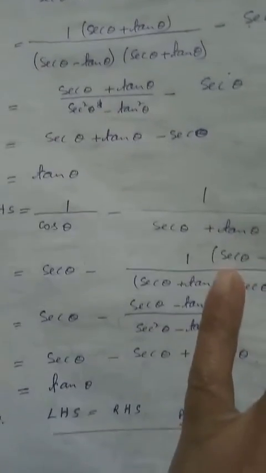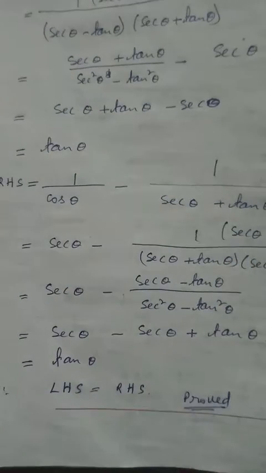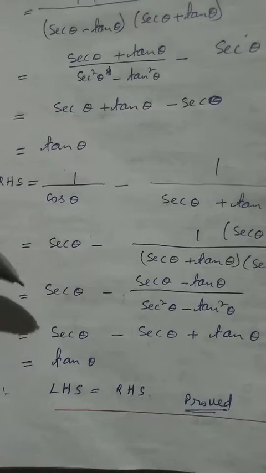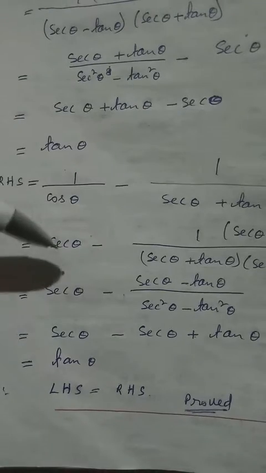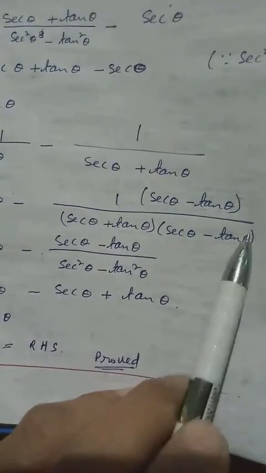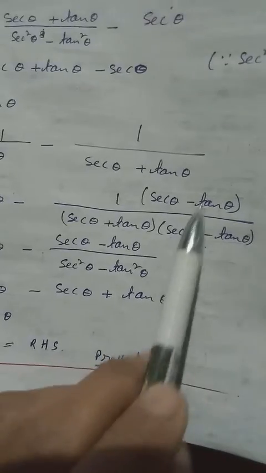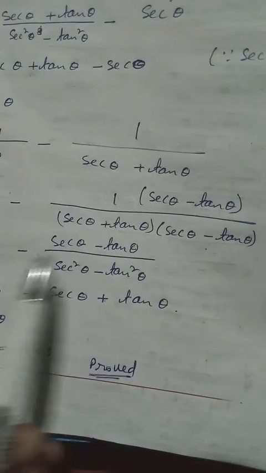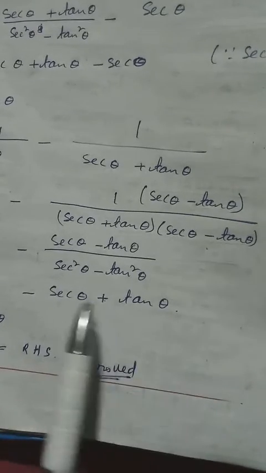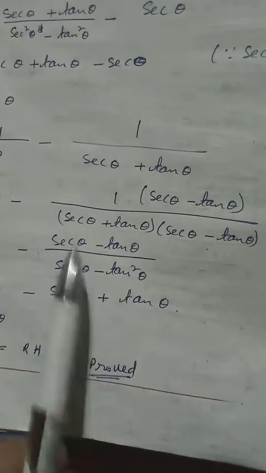So from the left hand side we get only tan theta, but right hand side we want some more else. So let's take that one and solve it the same way. So 1 by cos we know it is equal to sec theta. Then here we have plus, rationalize it with minus. The one we rationalize down, we also have to rationalize up. So then here again we have a plus b, a minus b, a square minus b square.